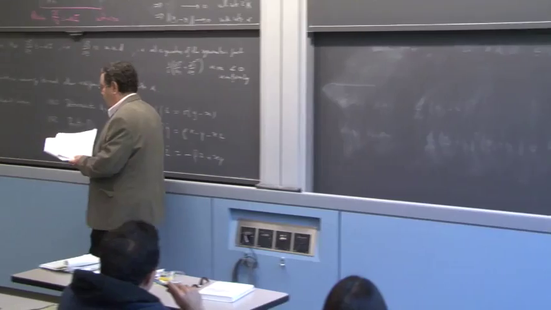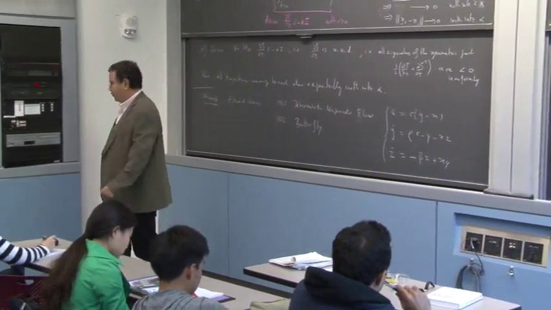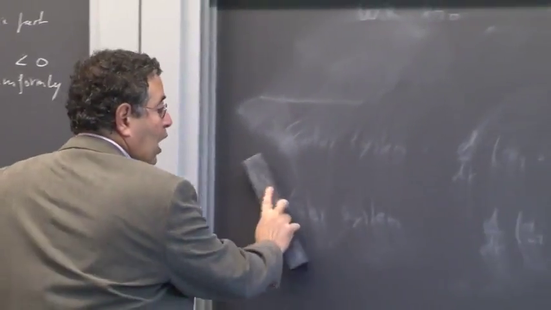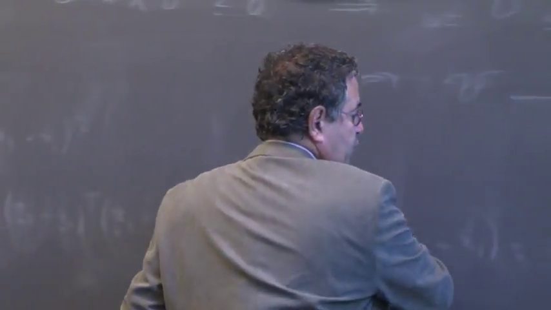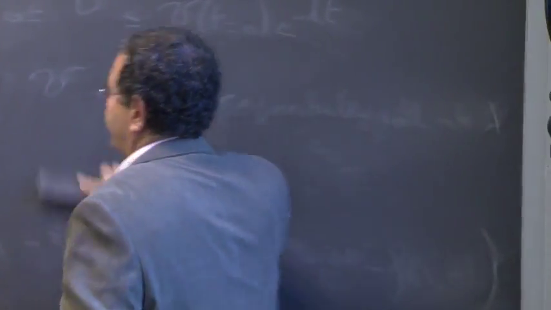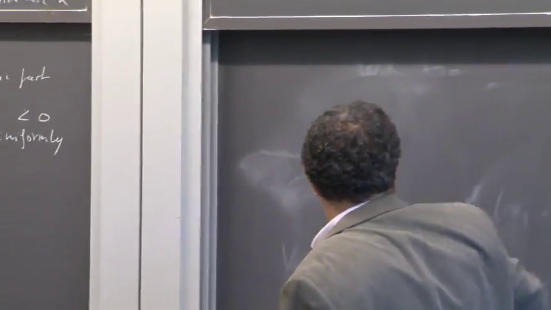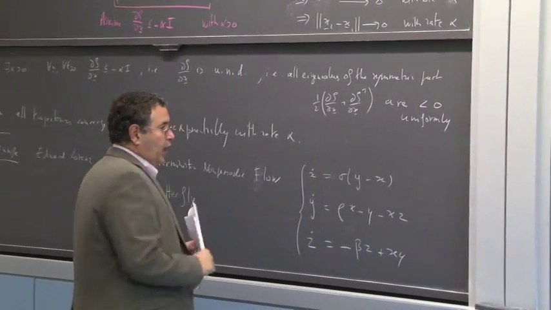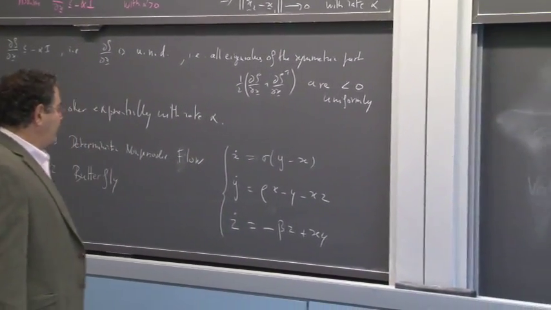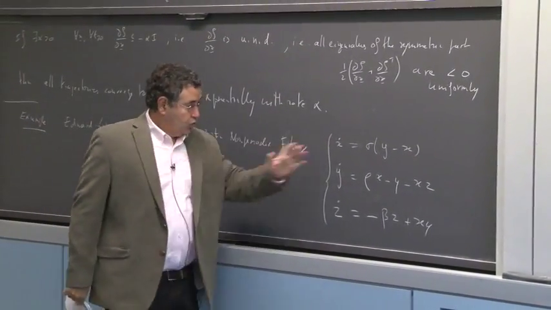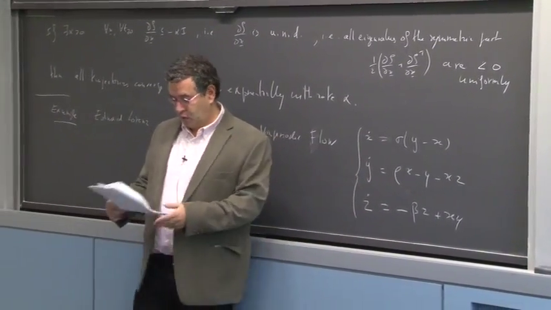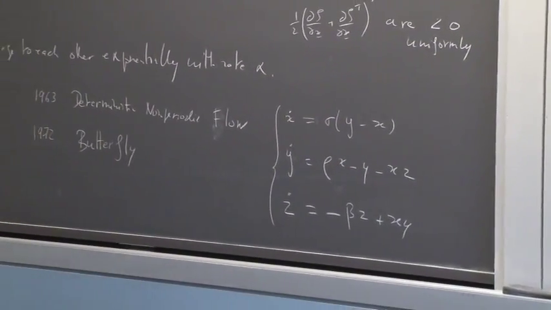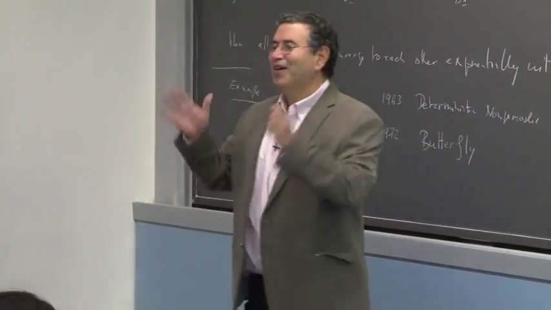Now, this model, apart from creating this whole field of chaos, gave rise much later to a whole literature on how to possibly make secure communications using these kinds of dynamics. A simplified version of that is the following. Suppose that we have this system. So it's a nonlinear system.